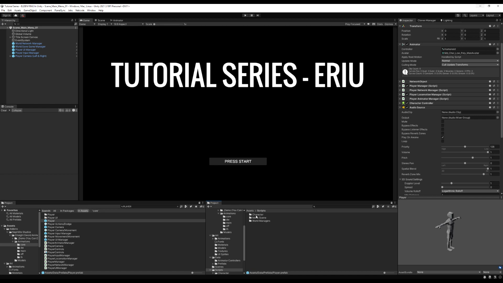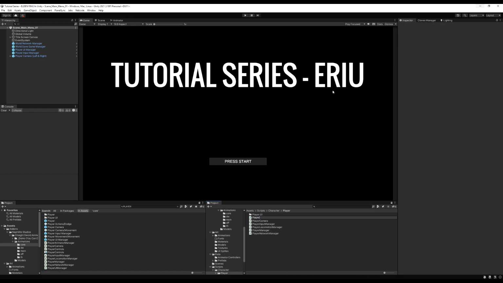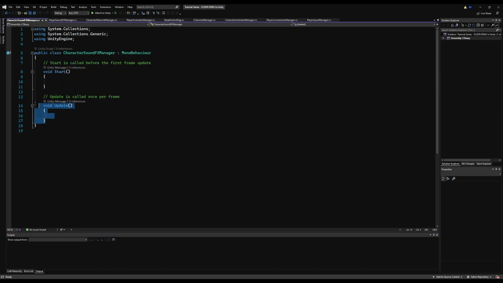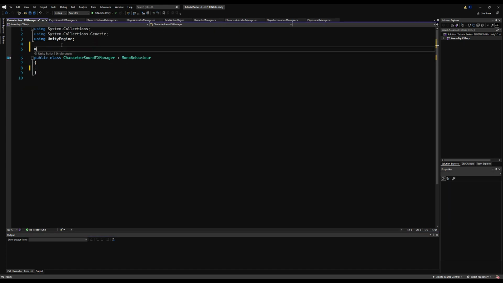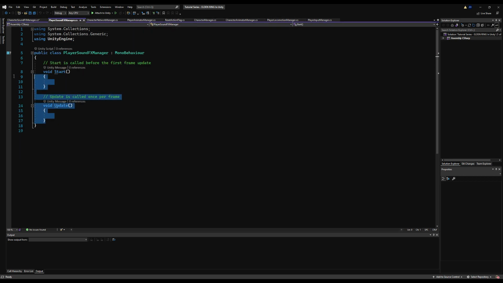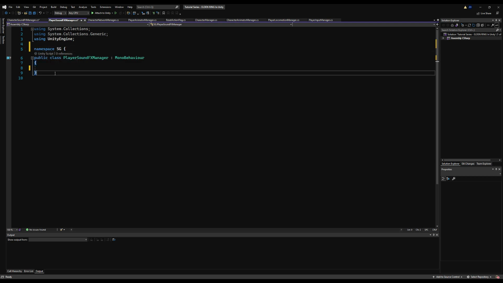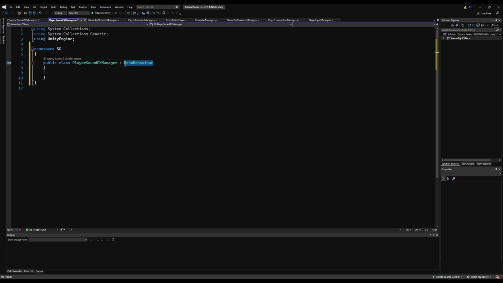And now I am going to go over to my scripts folder, specifically where the player is. I'm going to right click and create a player sound effects manager script. And as is per tradition, I'm going to open up the character and player sound effects scripts, delete the start and update functionalities, and add in our namespace. I am then going to make the player sound effects manager script derive from the base class of character sound effects manager, so it can access all of the functionality of the base class while also having its own individually if it so chooses. Okay, so let's save that now.